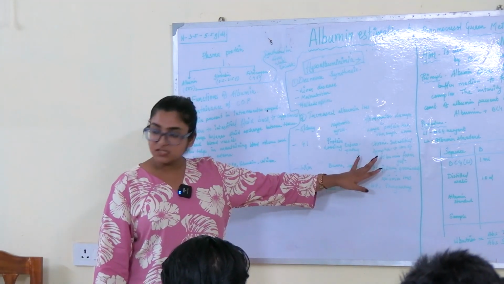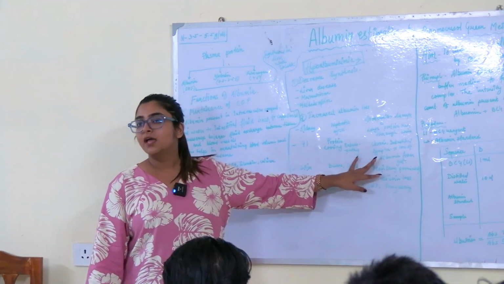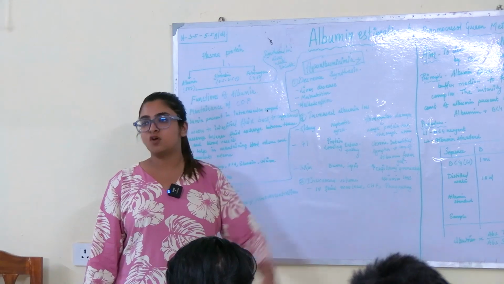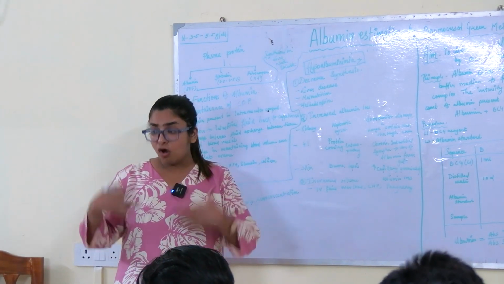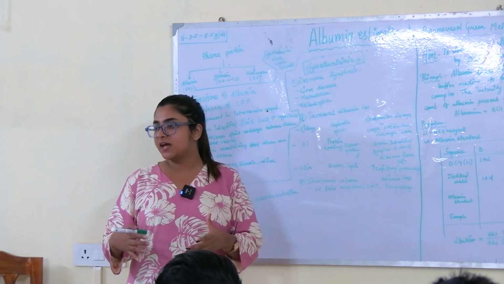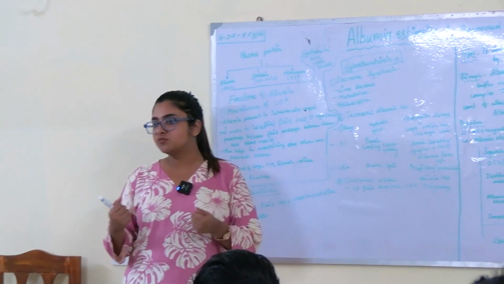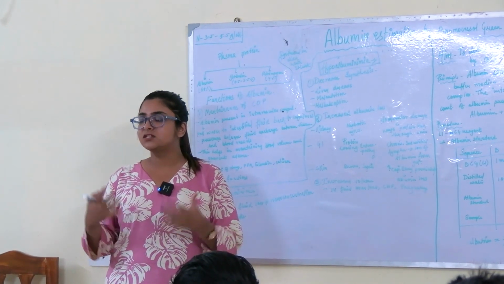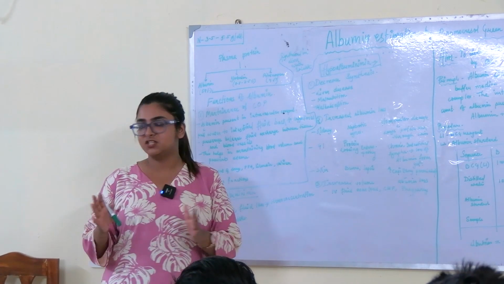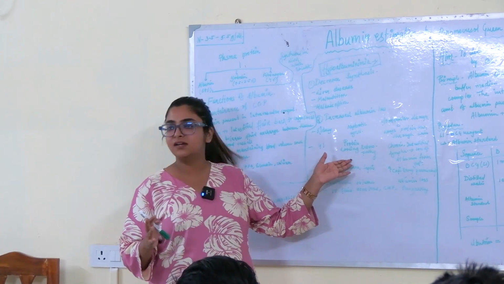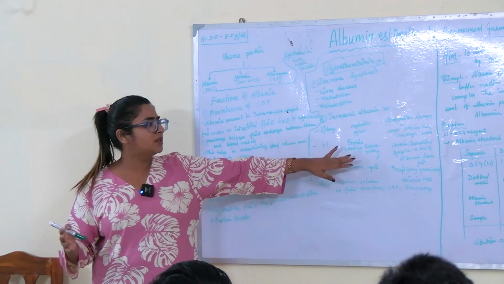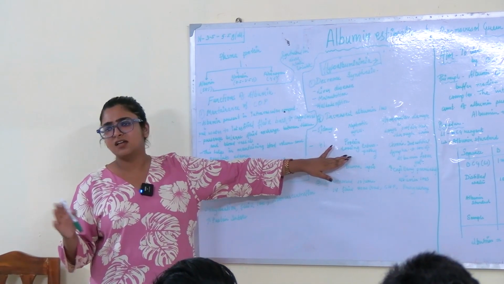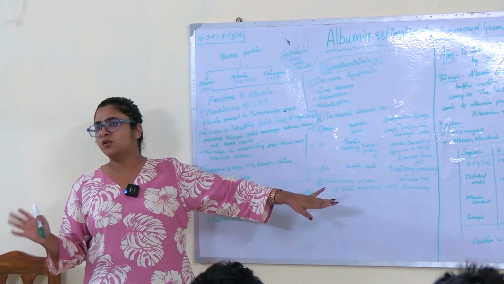In diseases like Crohn's disease, intestinal lymphoma, in all these diseases, there is less absorption of albumin, and more loss of albumin from our GI tract. The GI tract cannot reabsorb albumin, and there is a lot of albumin loss from our GI tract in such diseases. These are protein losing enteropathy. You don't need to remember the name of Crohn's and everything. If you don't, just remember this one, protein losing enteropathy. The GI tract cannot hold much albumin, and there's albumin loss from our GI tract.